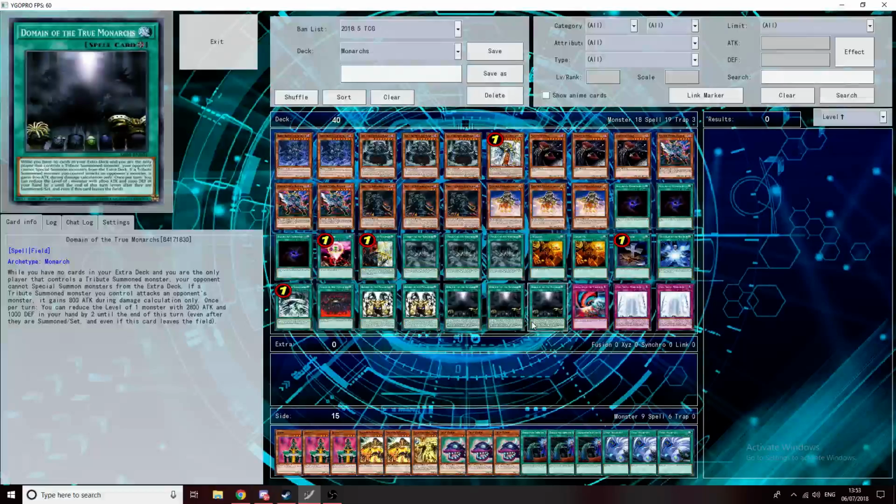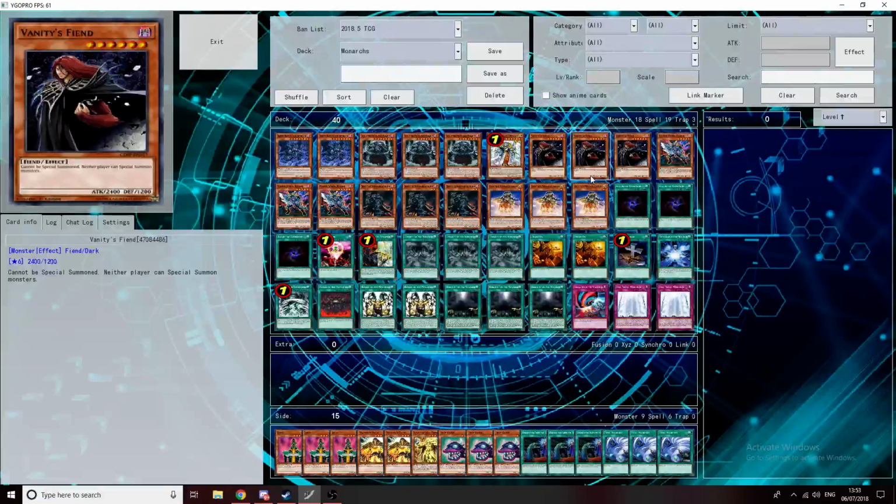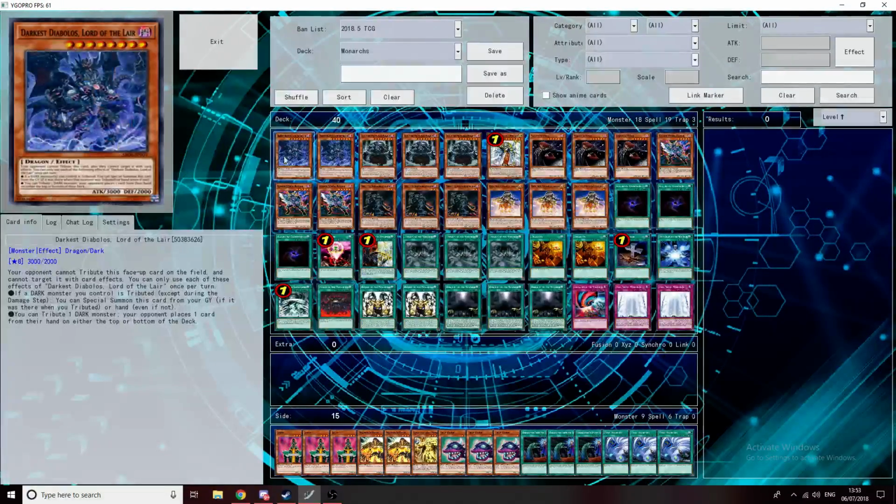In this particular list, we are aiming to go first and establish our domain lock, stopping our opponent from either summoning from the extra deck or just summoning in general with Vanity's Fiend. And then we have the complementary Darkest Diablos, because this card is able to recur itself from the graveyard, can rip a card out of our opponent's hand, and also it's a really big beat stick that cannot be targeted or tributed, so it just adds a bunch of damage to our Monarchs for free,